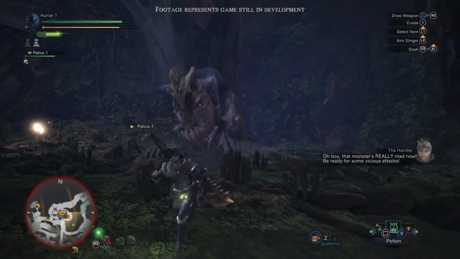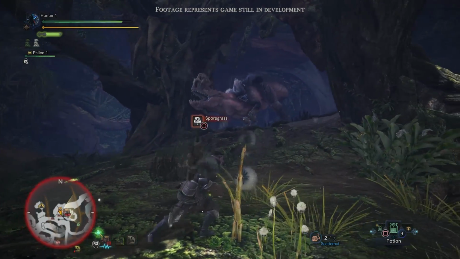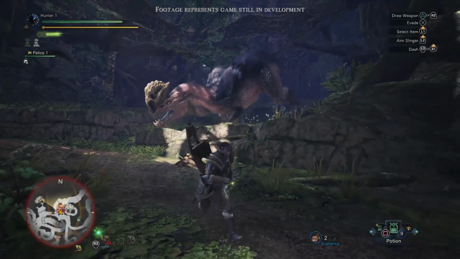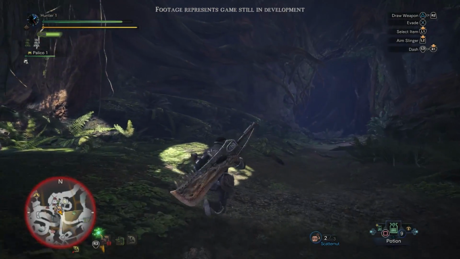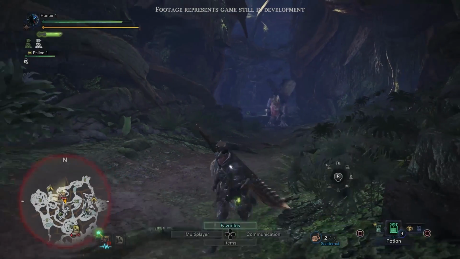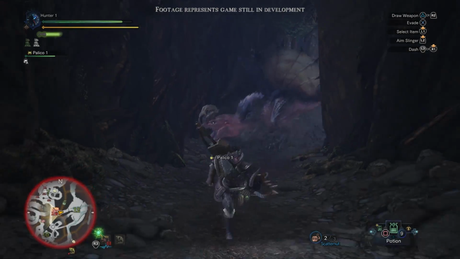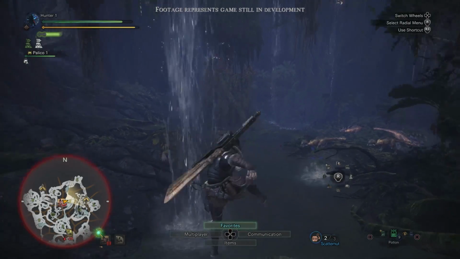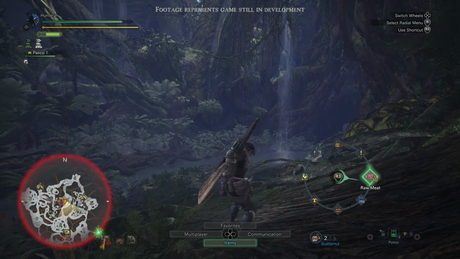Oh boy, that monster's really mad now. Be ready for some vicious attacks. Now that the monster is enraged, it becomes more aggressive and will chase the hunter incessantly. You can actually use this to your advantage and lure it to another area of the map with more environmental